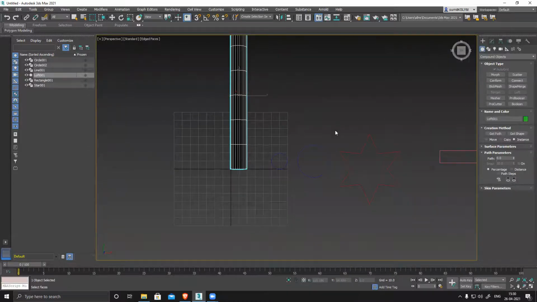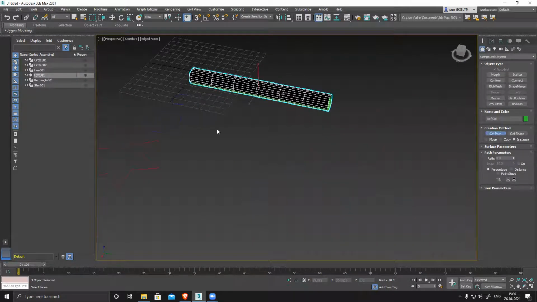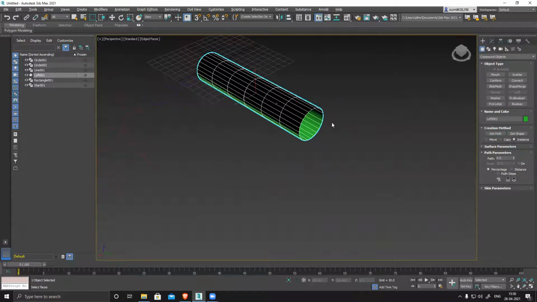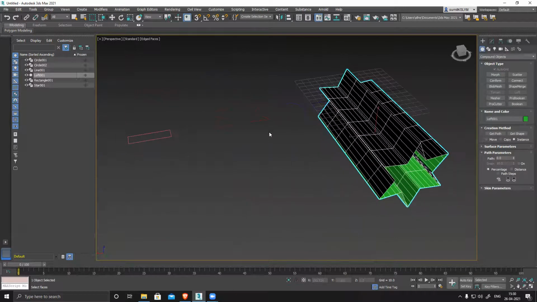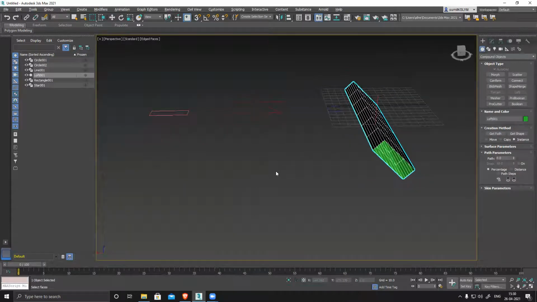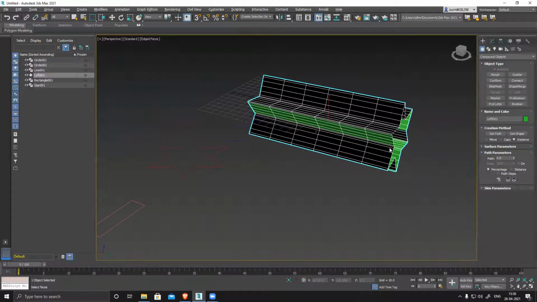If I go to perspective, you can see, or I can click get path on this or on this. Based on the path I select, it will generate the model. See, this is my shape.